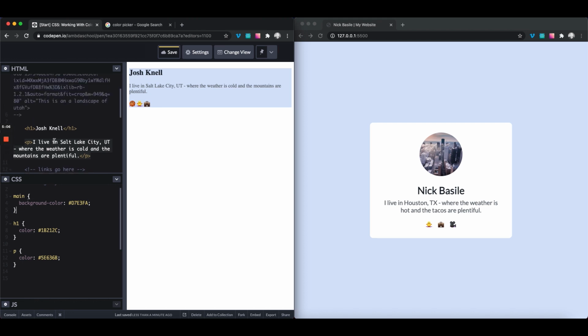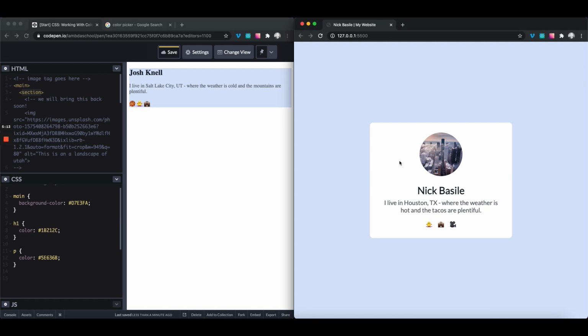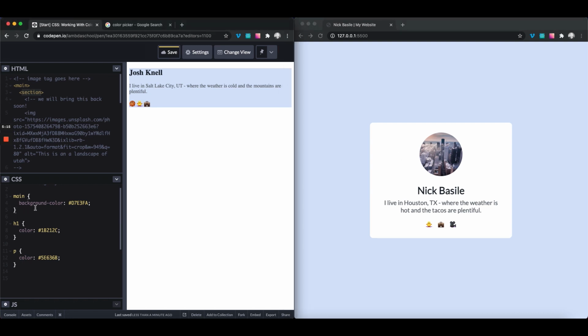And lastly, we're going to be coloring our section tag. So don't forget about the section, right? This is going to give us that white card that we're looking for. So I'm going to go ahead and put a section over here. And then I'm going to say background dash color, because we're not going to be coloring the font. We're going to be coloring the background. And then I'm going to put in the color for white. Now you could type in white if you wanted to, but we're going to use the hex code to be